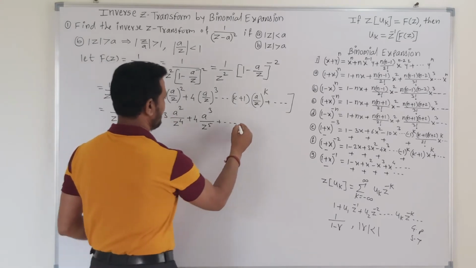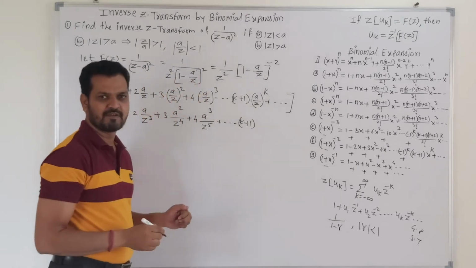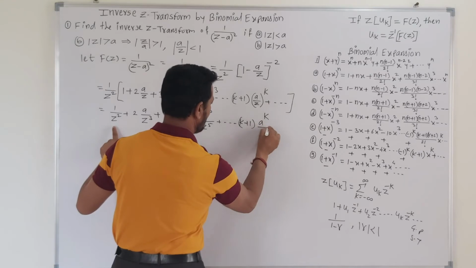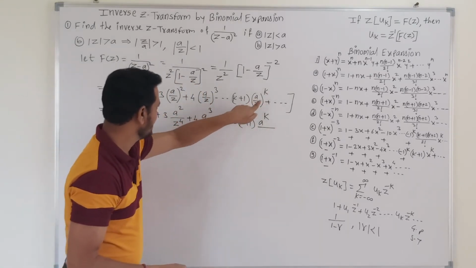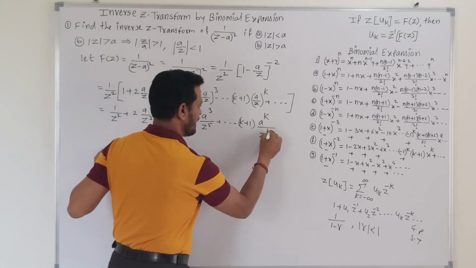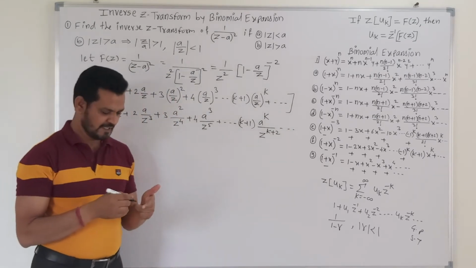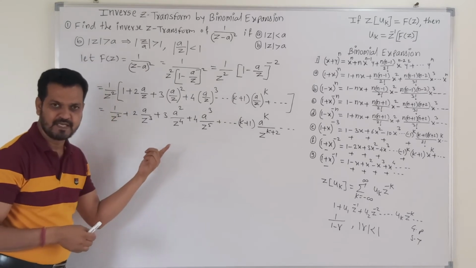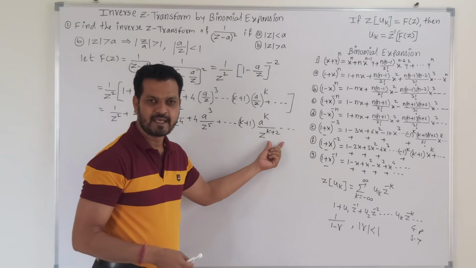So in general we can write this as k plus 1. So this is the value of k plus 1. Then we can write this as a raised to k upon. So here we get the value of power of z as z raised to k, and this is z square. We get this as z raised to k plus 2 and so on. So here friends, please try to understand that when we take the term 1 upon z square to the inner side, then here power of z becomes z raised to k plus 2.